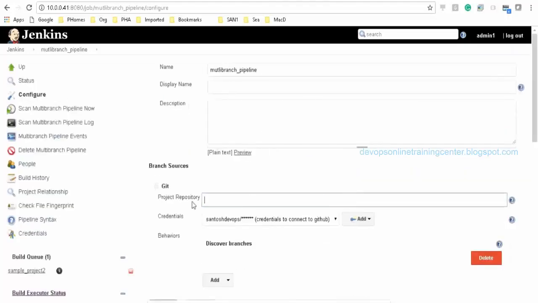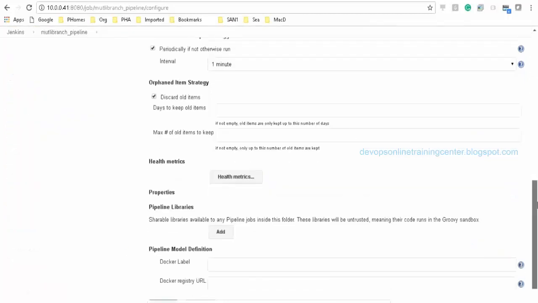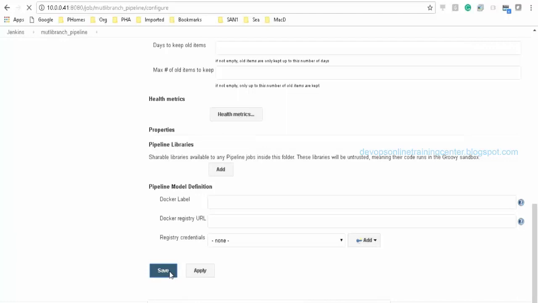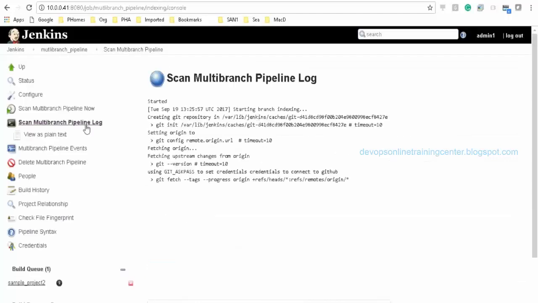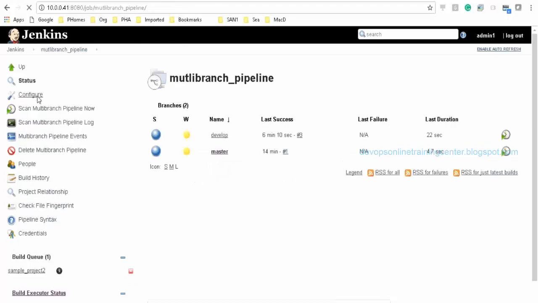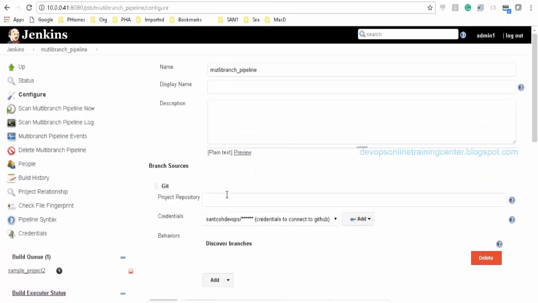Okay, I'll delete this and I'll just save. Now this doesn't have the repository. Repository is deleted. Right, there is no project repository.